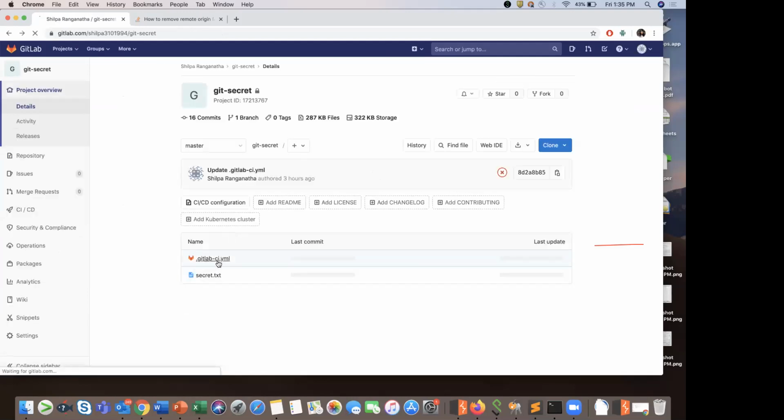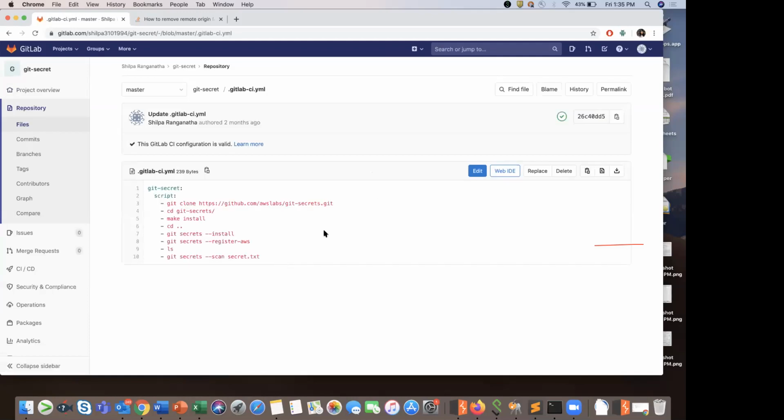Let me open the configuration file. It's the same, whatever I explained earlier. I am downloading the git secrets repository, I am making some installations, and then I'm going to run the scan on my secret.txt. Let's see what happens.